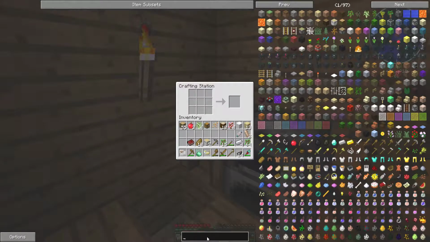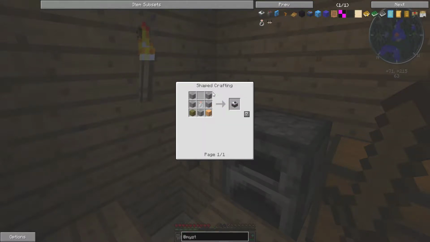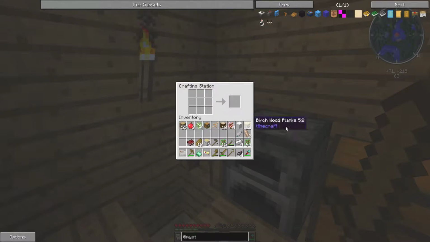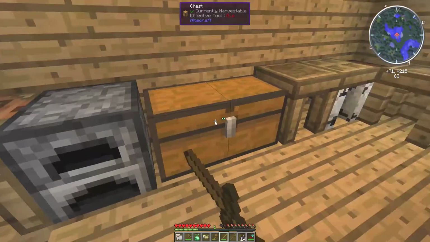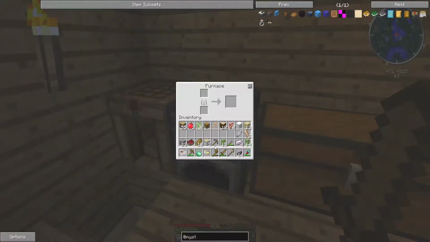It's down here at MYST. And we'll start. First thing you need to do is make an ink mixer. Which, by the way, if you just left click, so 5 stone, 2 wood. I've got that. We've got that. Cobble. We're gonna take this, and we're gonna take